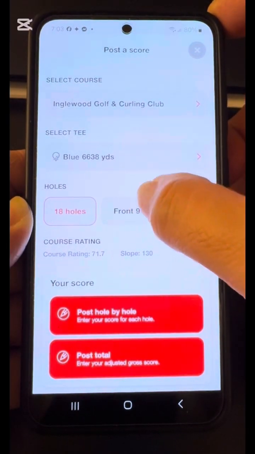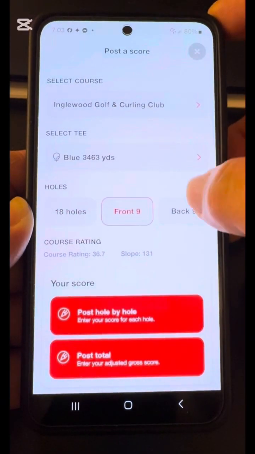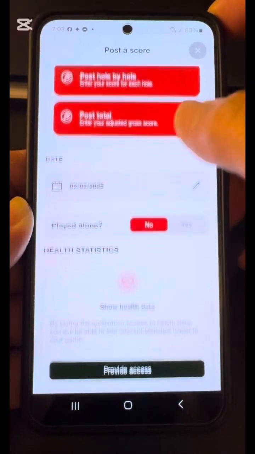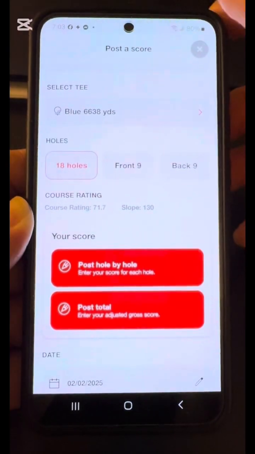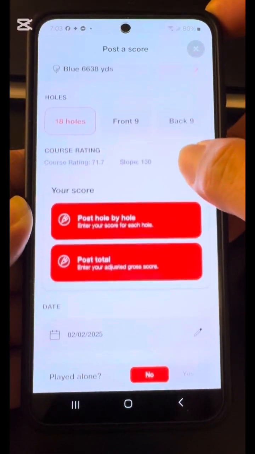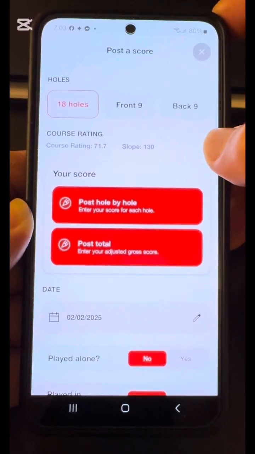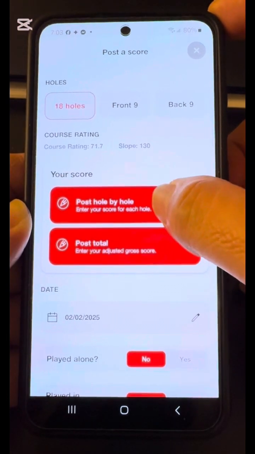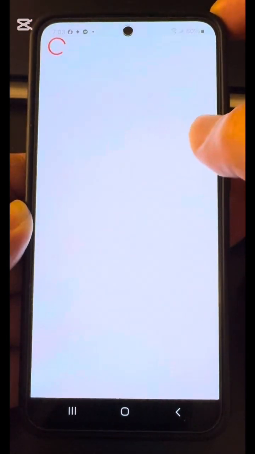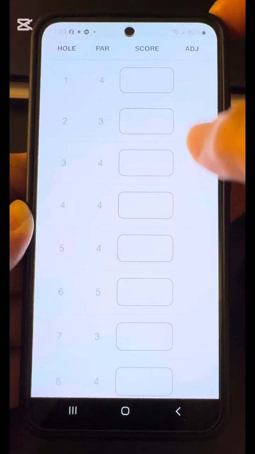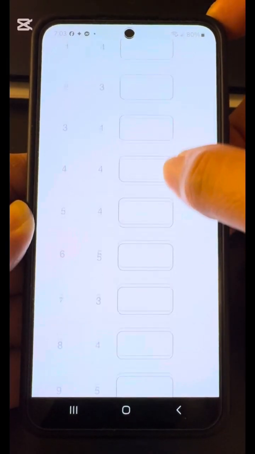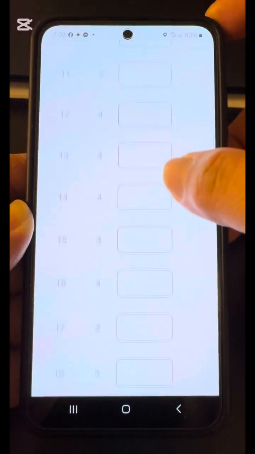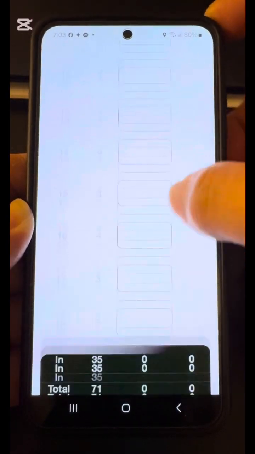If you play 9 holes on the front 9, you select that. 9 holes on the back 9, you select this. Sorry about that. And if you played 18 holes, you select 18 holes right there. You have two options to post your score: post hole by hole, which is this one right here. You have to put your score in every single hole from hole number 1 to hole number 18. You have the options to do that, or